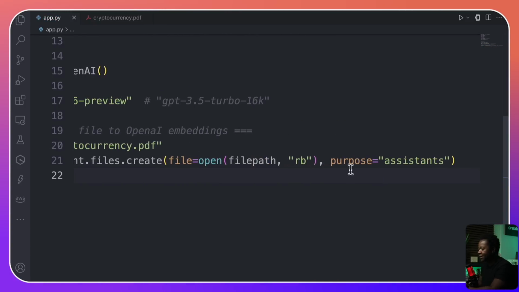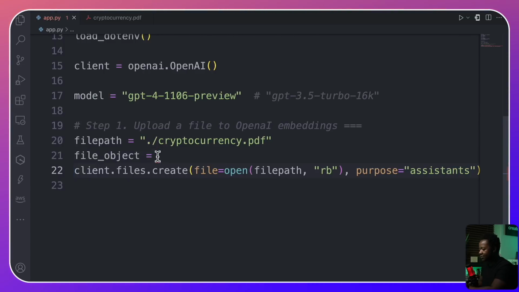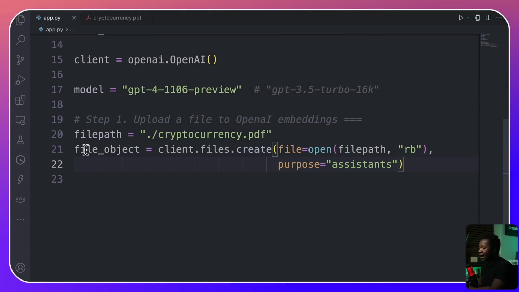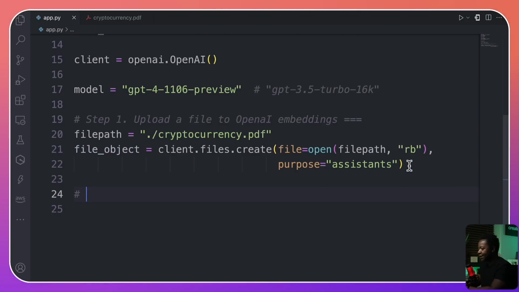Okay, there we go. So now we have, let me put this perhaps in a new line. No, doesn't work. So now we've created the actual file object, which is going to be pushed into the OpenAI embeddings, in this case, the OpenAI Assistants API. Okay, and then step